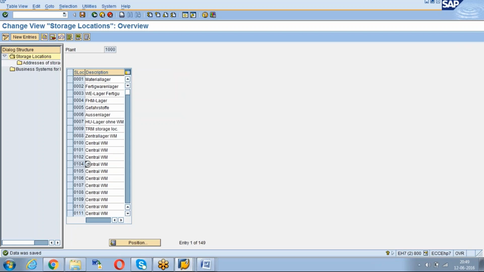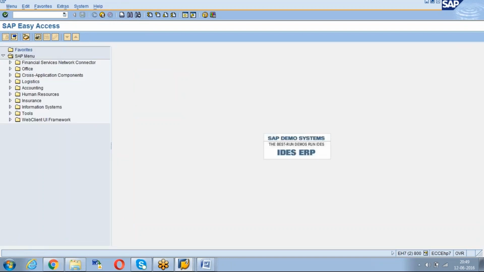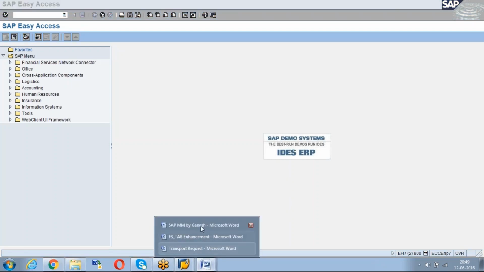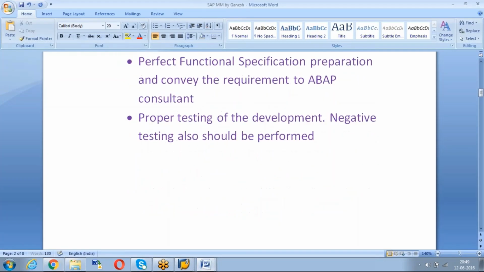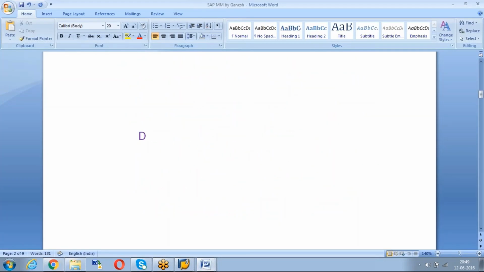Now it is saved in this transport request. For one client to another client in development you do it with SCC1, as I just showed you. But development to quality and quality to production, that cycle is there, right? For that cycle, if you want to move a transport from development to quality, the TR should be released first.